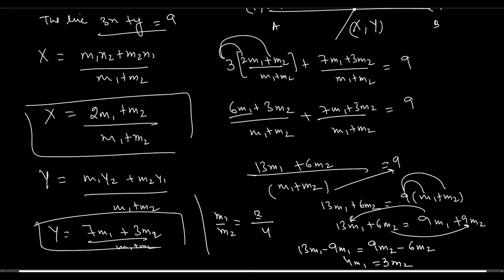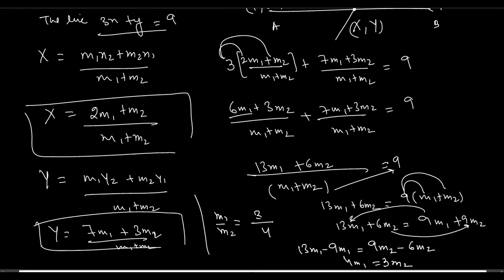Yes, I was confused whether it will come 3 by 4 or 4 by 3, but as I chose 3 by 4, well, the answer was 4 by 3. So your answer was 4 is to 3, but the actual answer is 3 is to 4, no? No, sir, my answer was 3 is to 4, I chose, but in the options, the correct option was 4 is to 3. So I was having a doubt how to know the correct one.